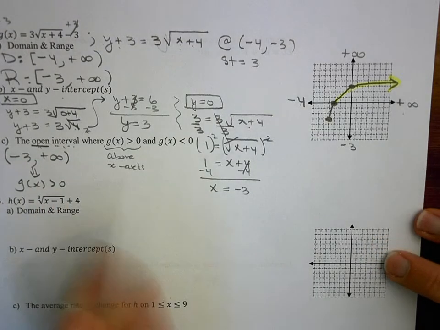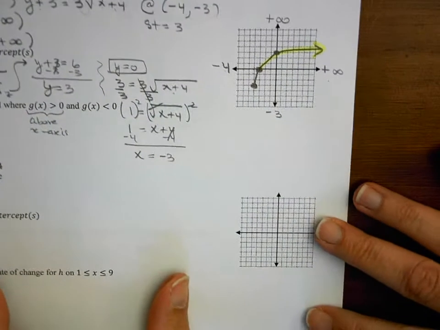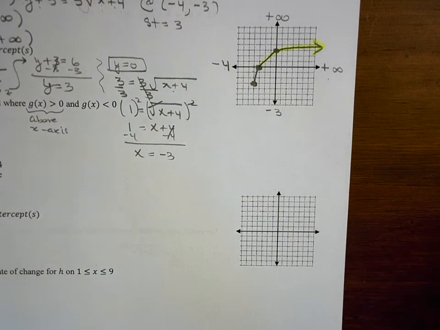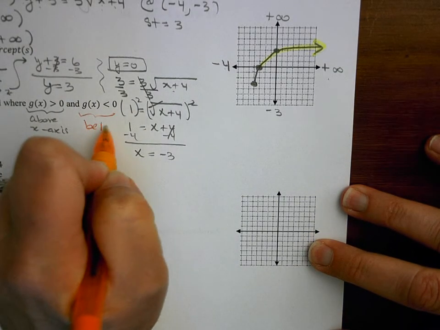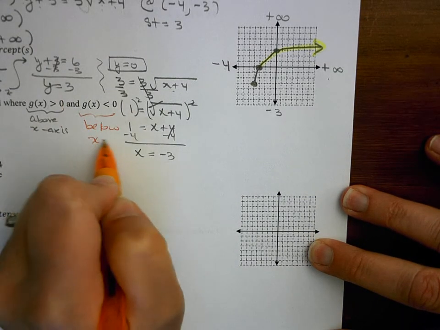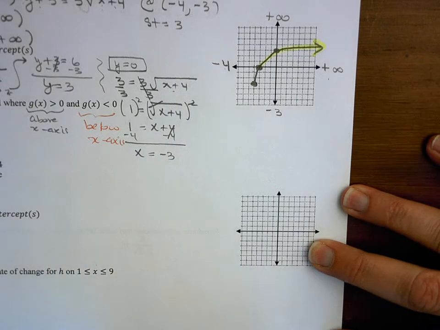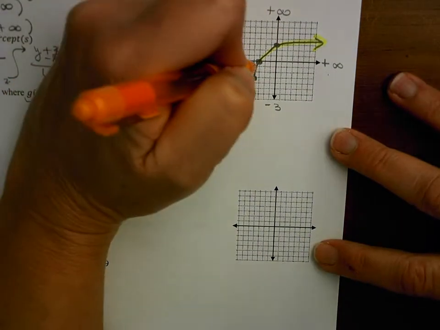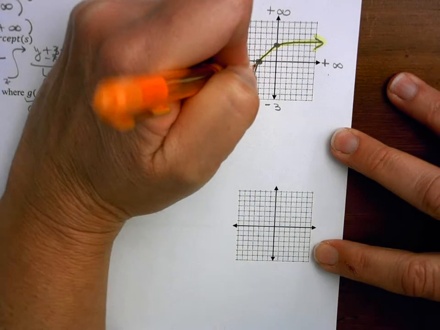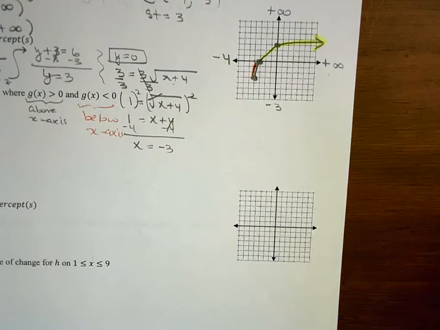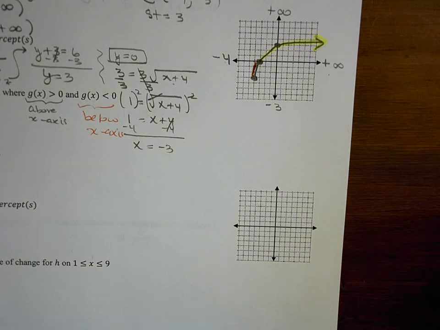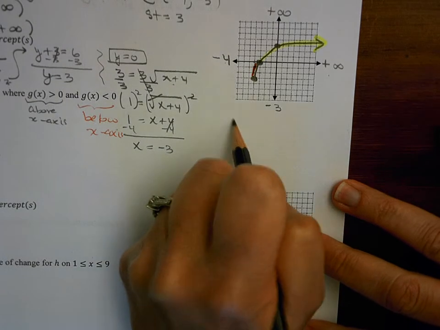Now for where g of x is less than 0, well, that's the rest of the graph, right? Because the rest of it is where it is below. So this would be where we are below. That would be this section here, right? I'm just going to use a different color there so you can see that. So where is it below the x-axis? So for g of x less than 0,